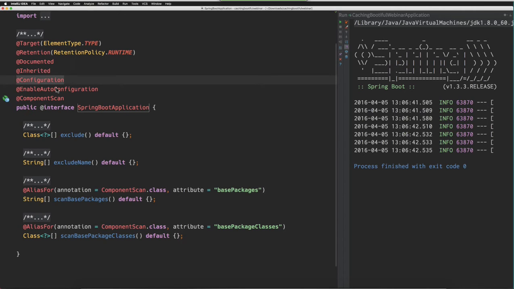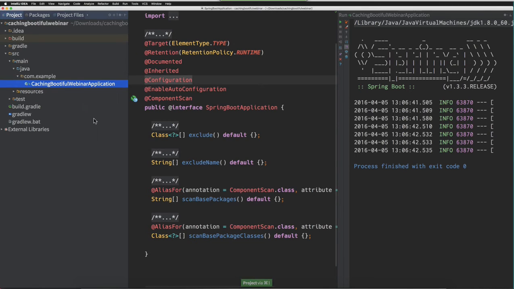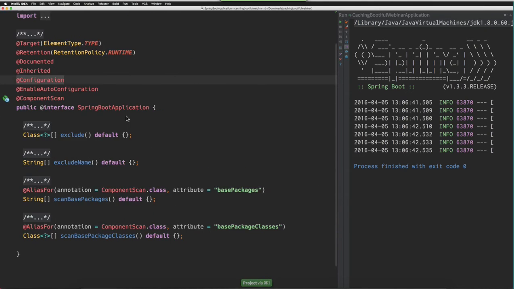configuration annotation. If you are not familiar with the concept, there are three different ways you can configure your Spring Beans. You can use XML, you can use Java configuration, or you can use Groovy configuration. In this demo, I will rely solely on Java configuration, and moreover, I am going to stay in just one file, because the Spring Boot annotation allows me to type my Java configuration right here in my